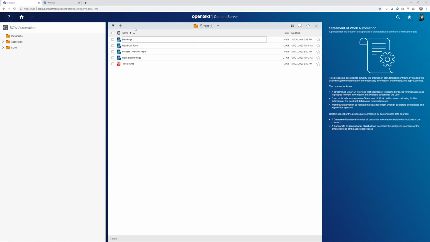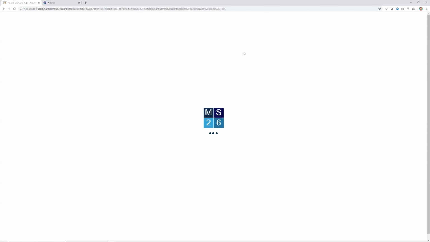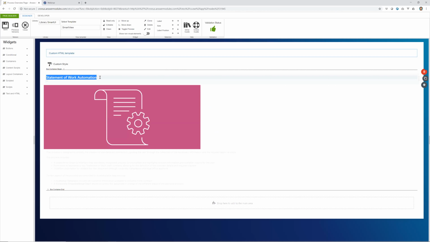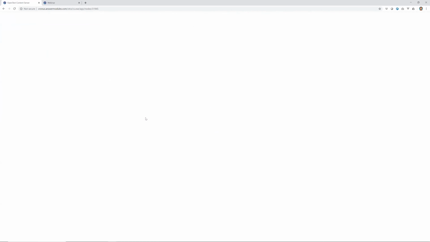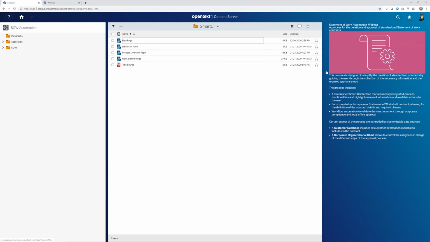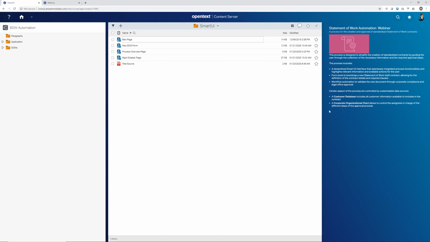And the interesting aspect here, obviously, is that these objects are natively supported by Smart UI. So I can create a new Smart page or a new content script directly from here, and I can edit them directly from here. So if I want to edit the process overview page, I can do so. I just need to click on it. And I can change something here, webinar for example, for the title, and I can just close it, and the changes are automatically applied to my application